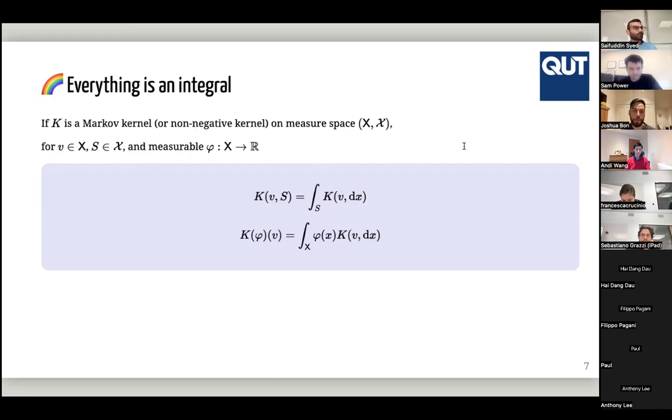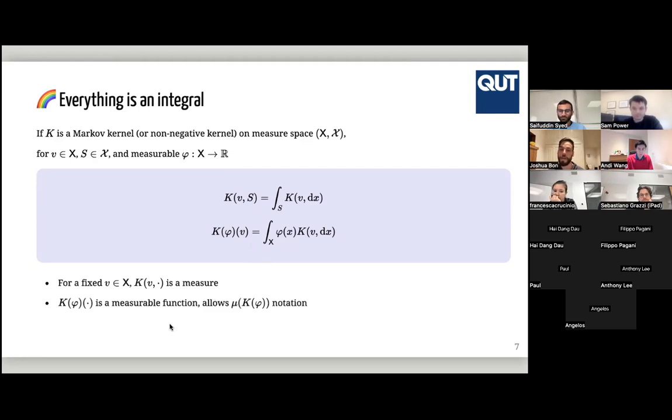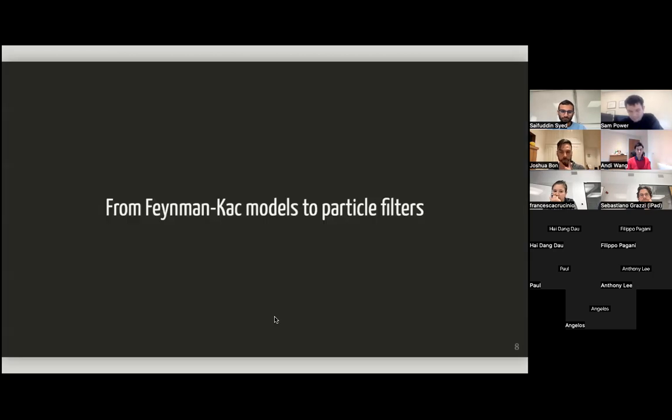I'll also be talking about Markov kernels a lot, so a non-negative kernel on some measurable space. There are lots of ways to think about these things, but the way that I like to think about it is that for a fixed V in the space, I essentially have a conditional measure. Once I know what that V is, I'm outputting a particular measure. There's also some fancy notation where you take the kernel of a function, and then it itself becomes a function because it's conditioned on this V. But basically, it's a really neat way of having notation such as this mu of k of phi down here. Okay, so